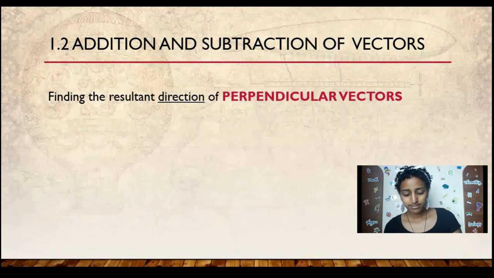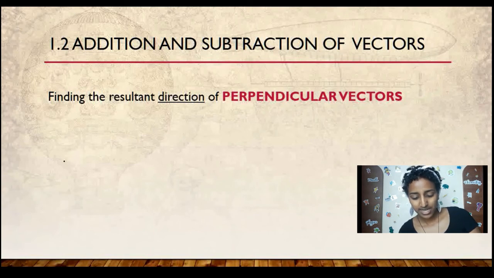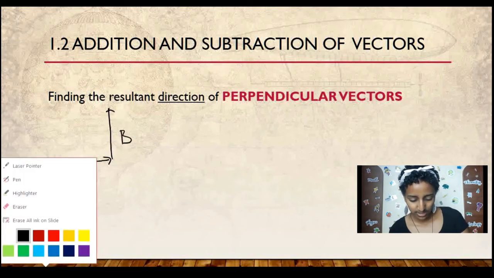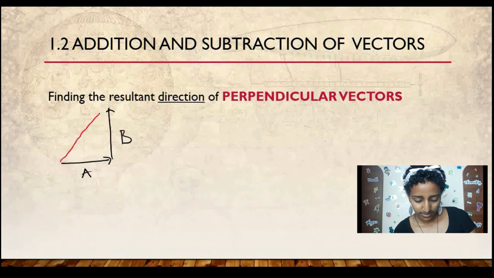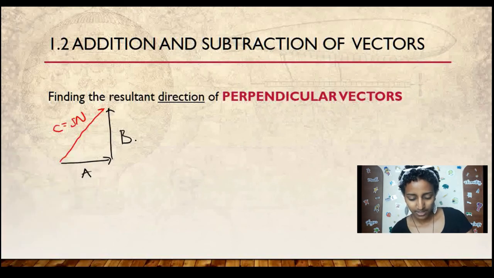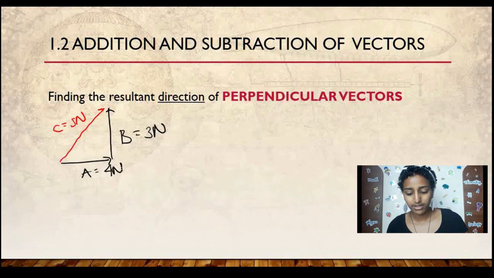Luckily enough, you simply again draw the exact same graphical representation that you had last time. So we have A and B, and now we actually know the value of C. We know the value of C, right? So we can write this down. We know that C, we found the value to be 5 Newton. We know that B has a value of 3 Newton, and we know that A has a value of 4 Newton. Now, we have all the magnitudes down, we have all the values down. We need to now find the direction.